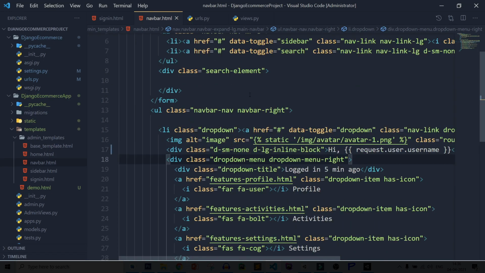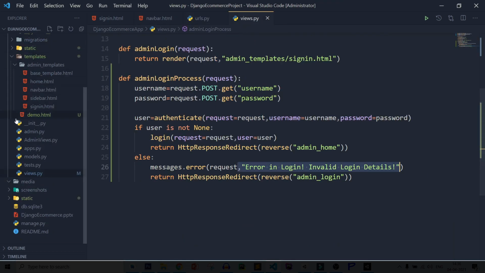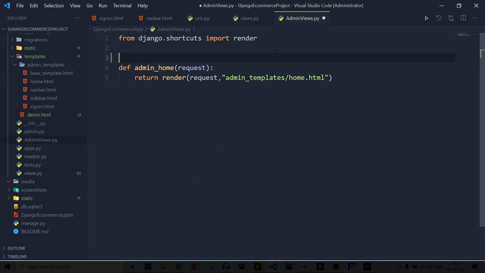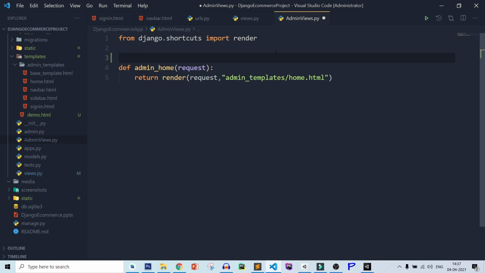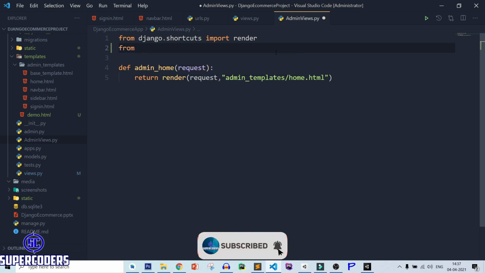Now after that, let's see the next step. You can also add a condition in admin views.py, so that any user can't access this page until they are logged in. You can use a simple way, but there is also another way using middleware. But for now let's show the simple way. I will use the middleware way when we are working with staff login and customer login. But for now, for testing, I am showing you the simple way.